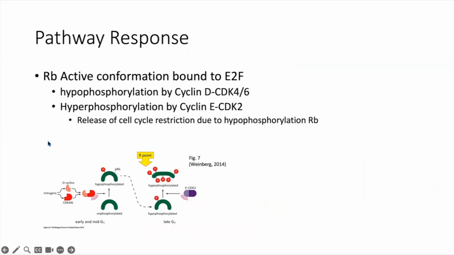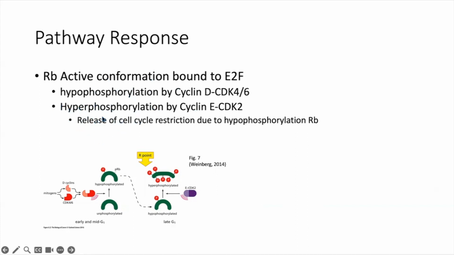After cyclin D is transcribed and binds to CDK4 and 6, RB is phosphorylated by this complex, allowing it to be in the hypophosphorylated state. Once enough RB has been hypophosphorylated, CDK2 is able to hyperphosphorylate and essentially continue the cell cycle as RB is completely inhibited. This R point is the change from the hypophosphorylated state to the hyperphosphorylated state, allowing for the continuation of the